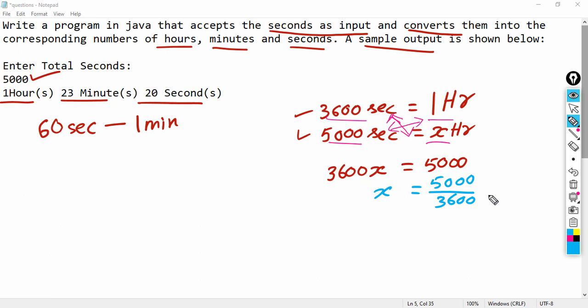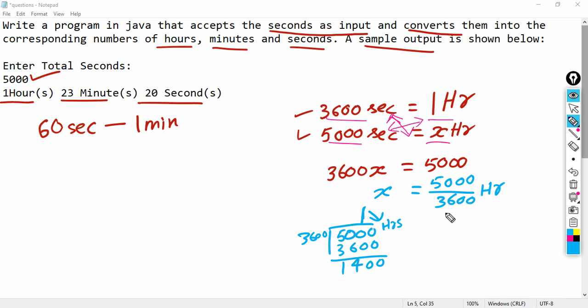That means, let us divide. This is our number of hours. So, let us divide 5000 by 3600. So, 3600 into 1, 3600, the remainder is 1400. The one that is the quotient, it represents the number of hours.